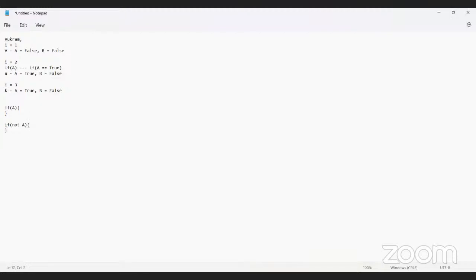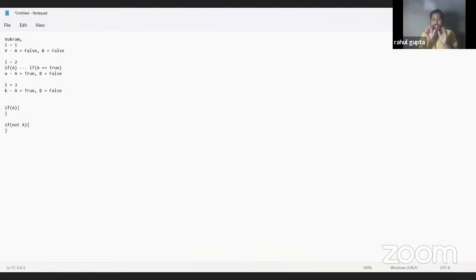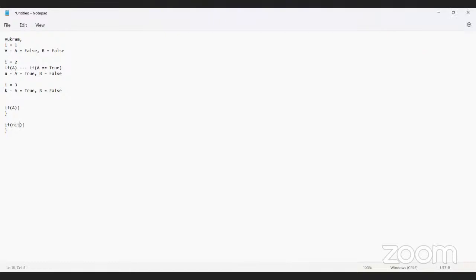No, sir. The true thing is that you need to take something. You should get one word in this. This word is true. You have to get a word in this. That's all you have to do. So if A is true, it is true. Not A should be false, then it becomes true. So not A means false. The statement A is equal to false is true.